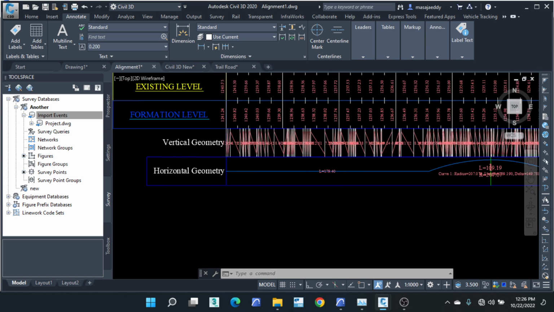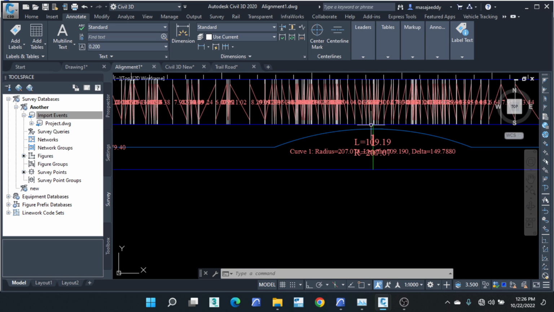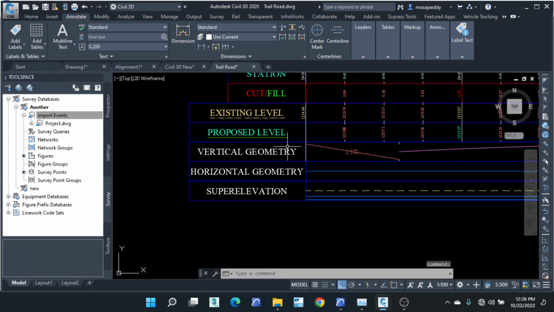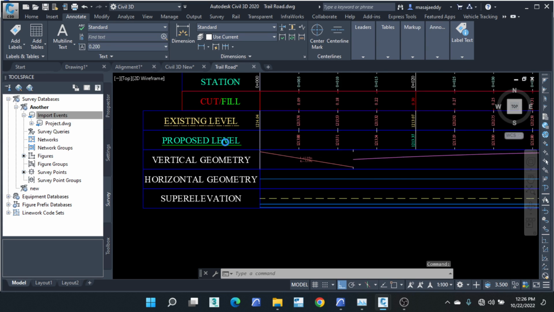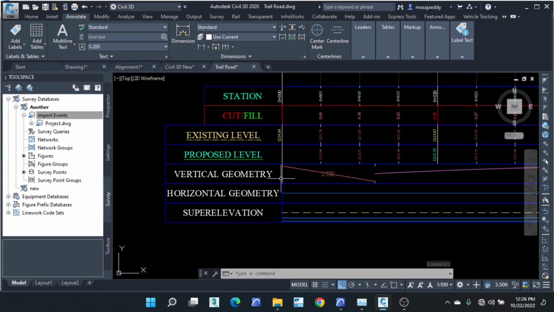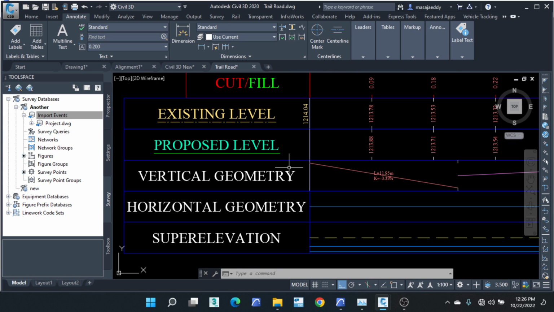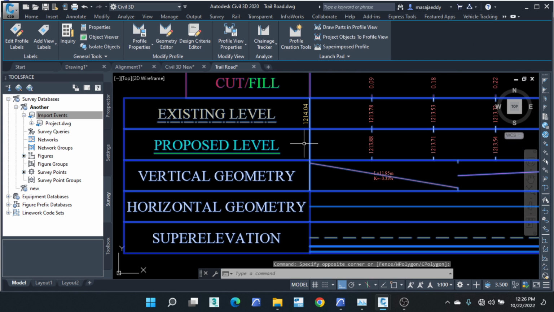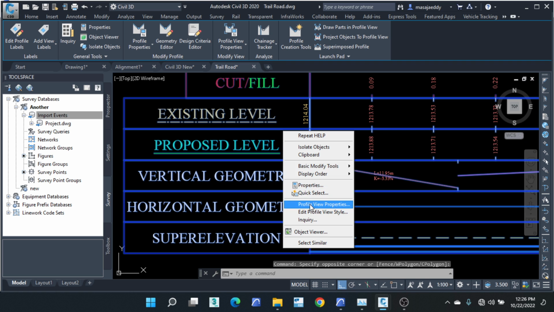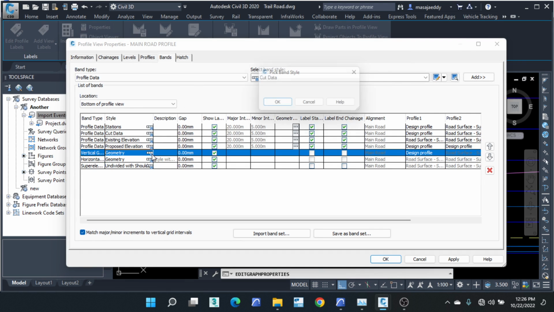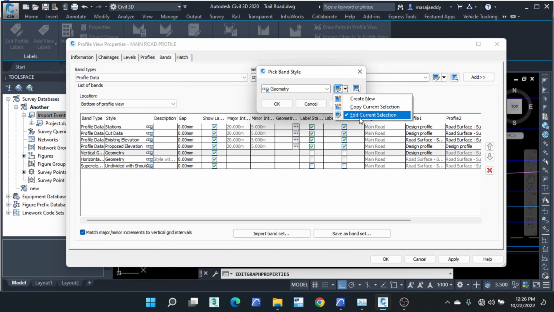So for these bands, we are going to be able to change. This is how we display the vertical and then the horizontal geometry. Maybe you can write this down. The equation for vertical geometry, I'm just going to share the equation. You can edit this later. Once you come to the vertical geometry, its equation,